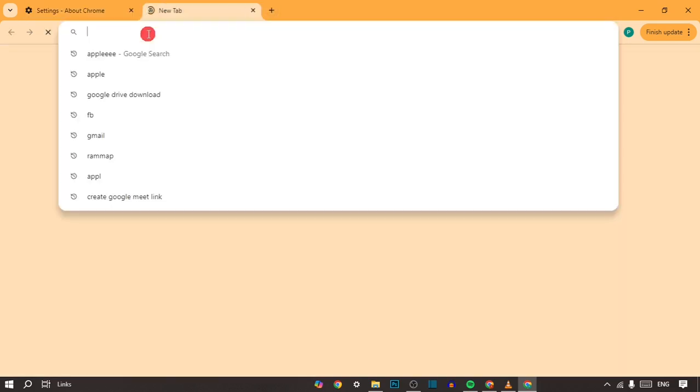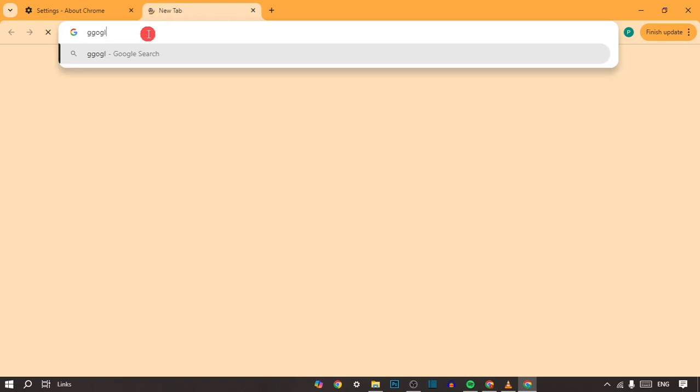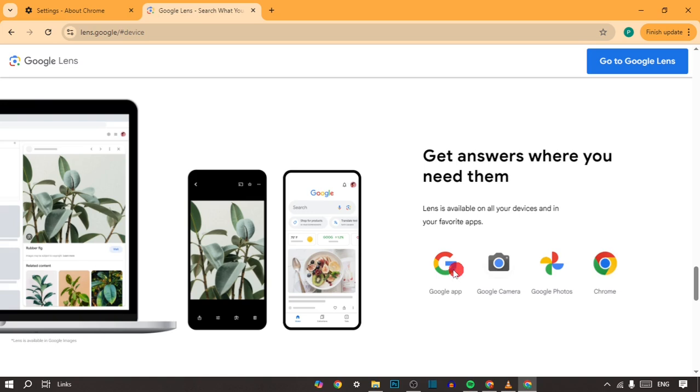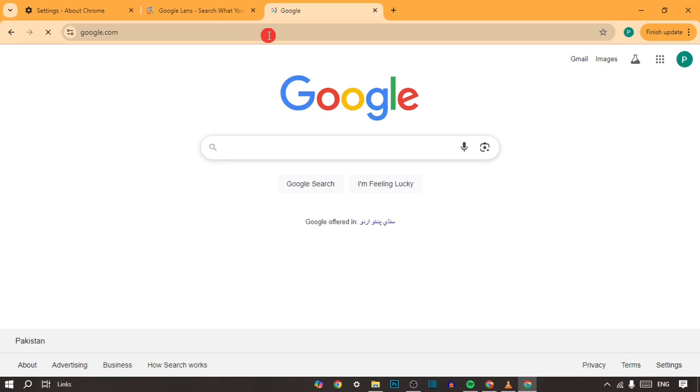After relaunch, come to Google and you can search for Google Lens, okay? So this first option is the official Google Lens. You can click on it and go to Google Lens. This is for the app, this is for the camera, and this is for Google Photos. Okay, so here they show that they have the Google app, Google Camera, and Google Photos. You can use Google Lens there, but if you want to use Google Lens in Windows,